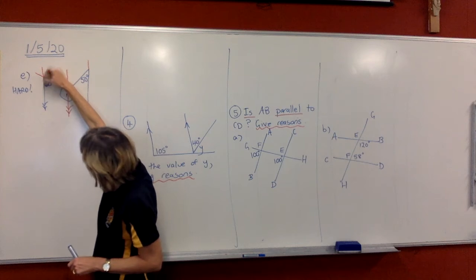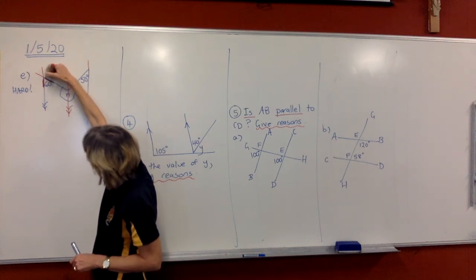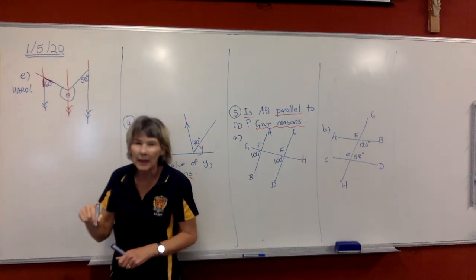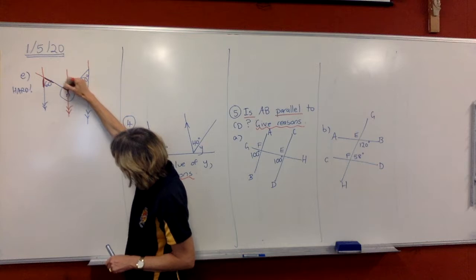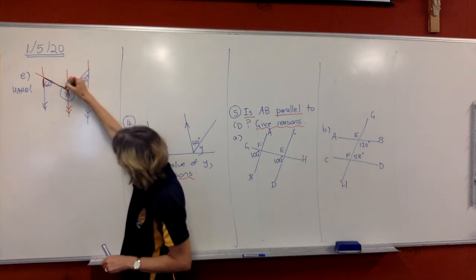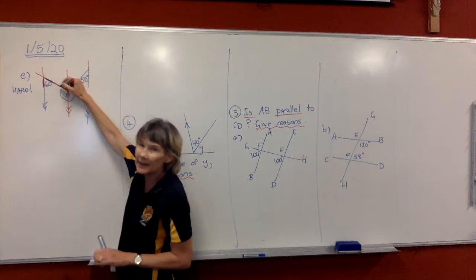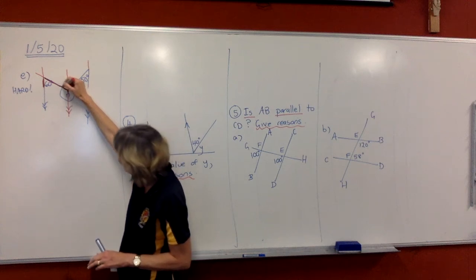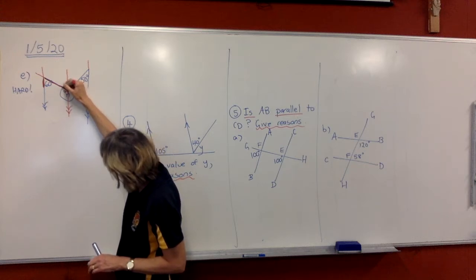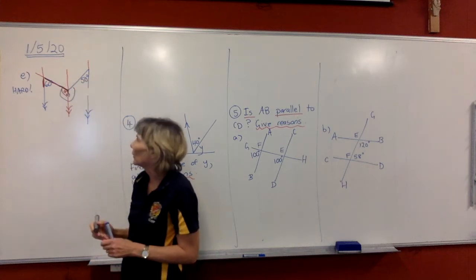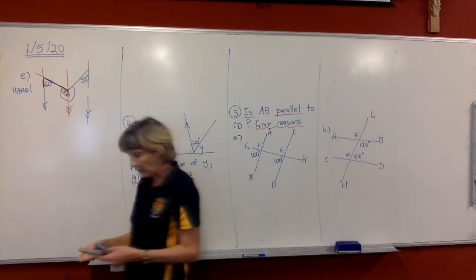So if we go around this angle, the 60 degrees that we know, and around this angle here, we will form a C shape. So I need a letter that I can call this bit from here to here. Okay, so I'm going to call it A, from there to there. Okay, then we're going to come over here on the other side,